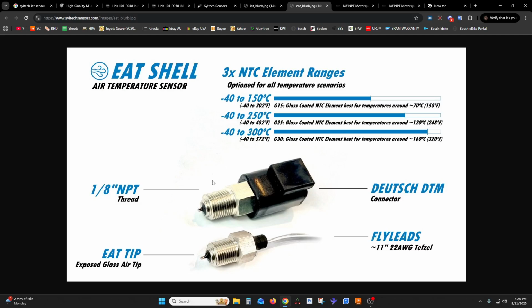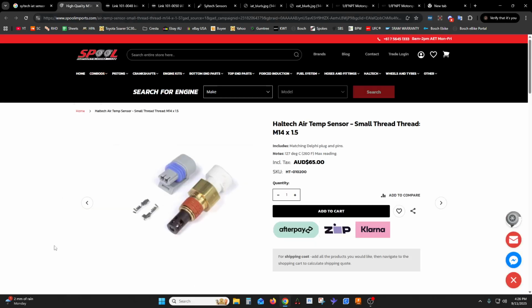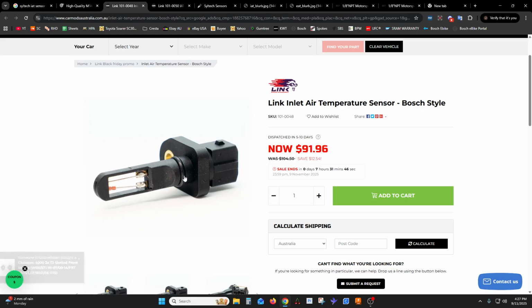The other thing is, you don't want to choose the wrong sensor. So look, one of these is nice and cheap and cheerful. Well, normally they are. They're normally like $30. This one's not. It's probably because it's got Haltech written in the name. But be careful, because you can get Chinese copies of these. If you don't want to buy the link version of this,